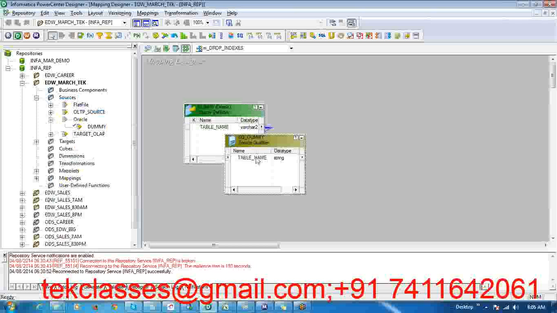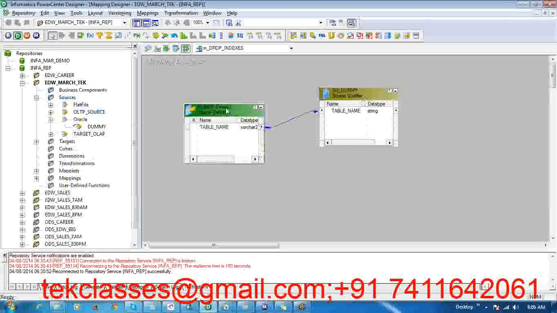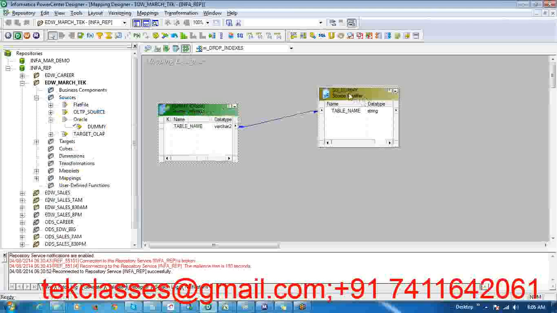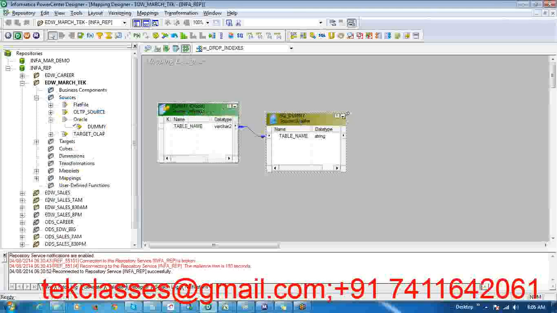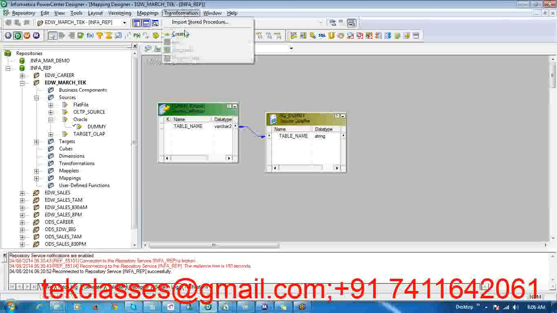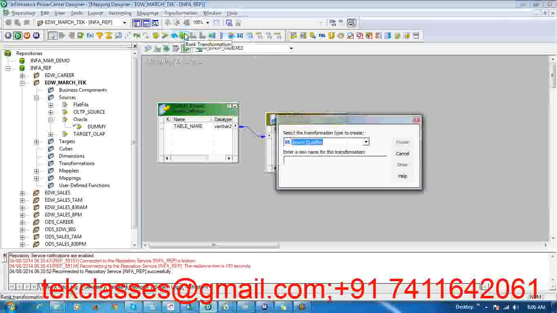Now the next thing is to invoke the stored procedure transformation. How do you invoke and use a stored procedure transformation here? Go to the transformation tab and click on create, select the stored procedure transformation, and the best practice is that it should always be sp_drop_indexes. So when you click on create,